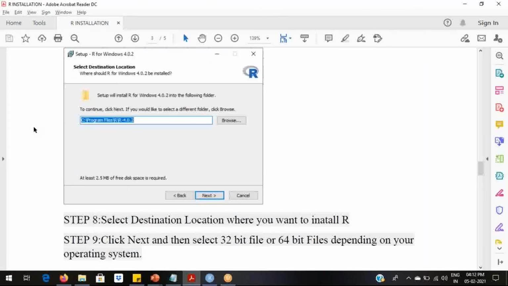So you will be asked to select the destination folder. By default, R itself will choose a proper destination folder inside C program files. If you want to install it in some other location, click on browse and give the necessary location. Then click next.